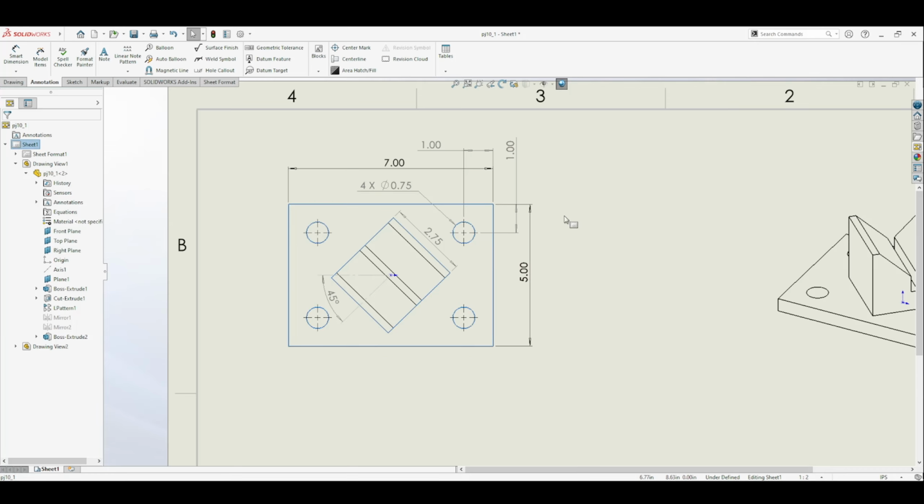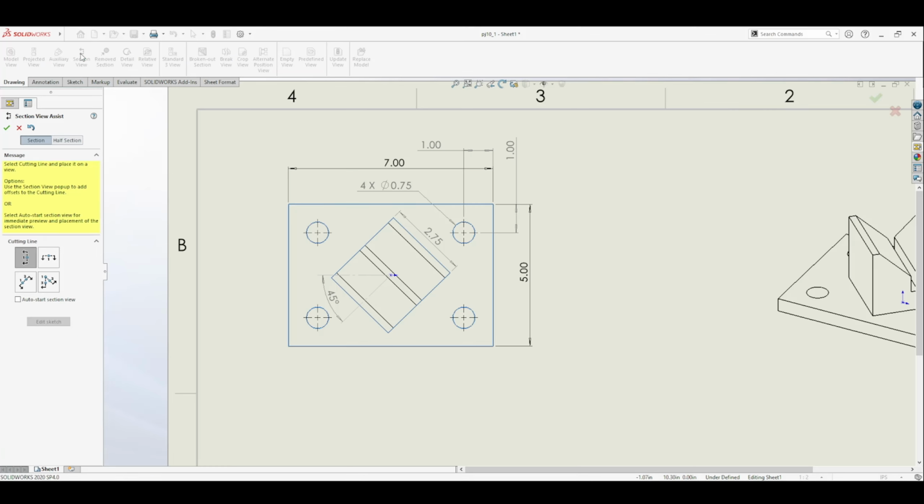And then next step is our sectional view. So you'll go to drawing and you'll want a section view, and let's do the auxiliary,